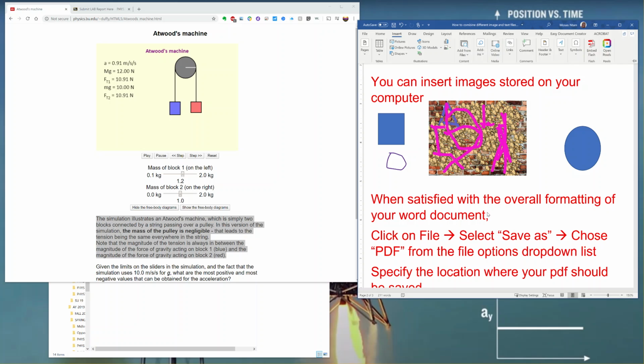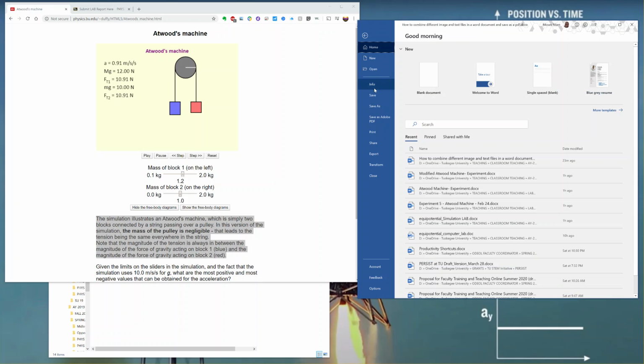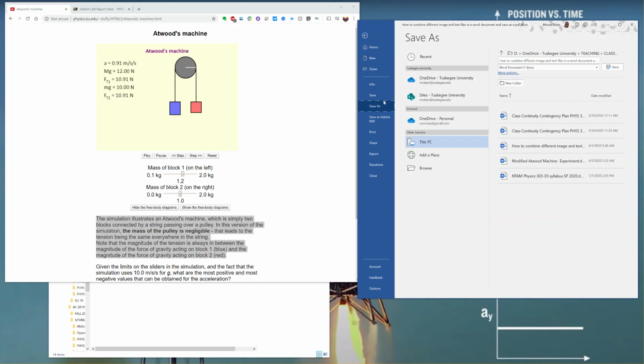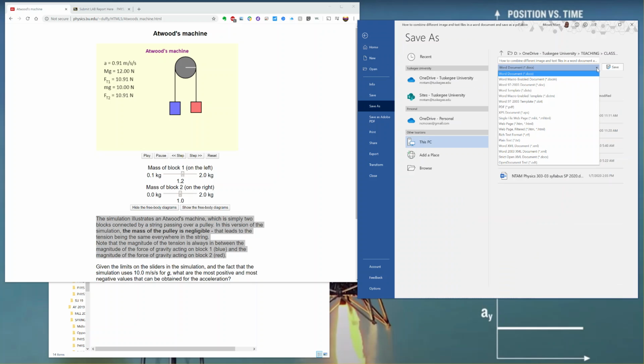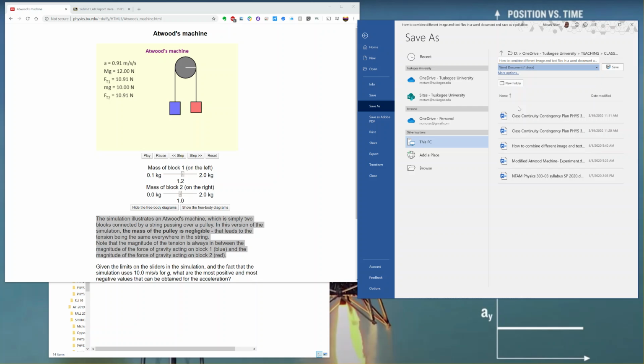And whenever you're satisfied, go to File, click Save As, and then click this arrow, and from this drop down list select PDF, and make sure to specify in which folder you want to save the document. So I'm saving to the same location where the original Word file was saved. So click Save,